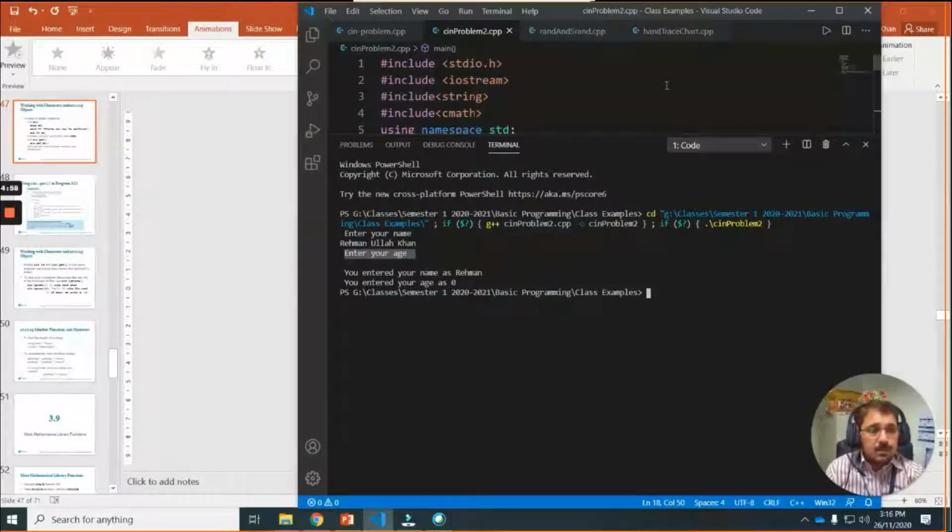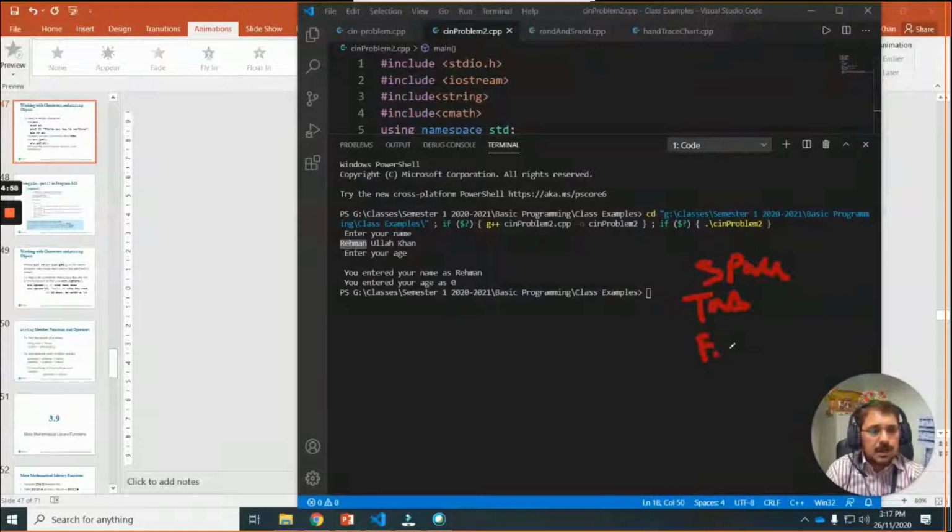Why? Because as I told you, in the input buffer, when I type my name, my full name, after that I press enter. The cin only reads characters and leaves space, tab, and enter.